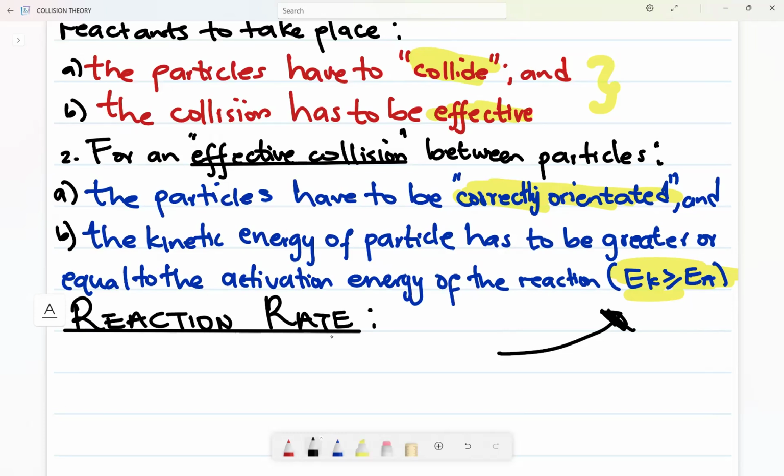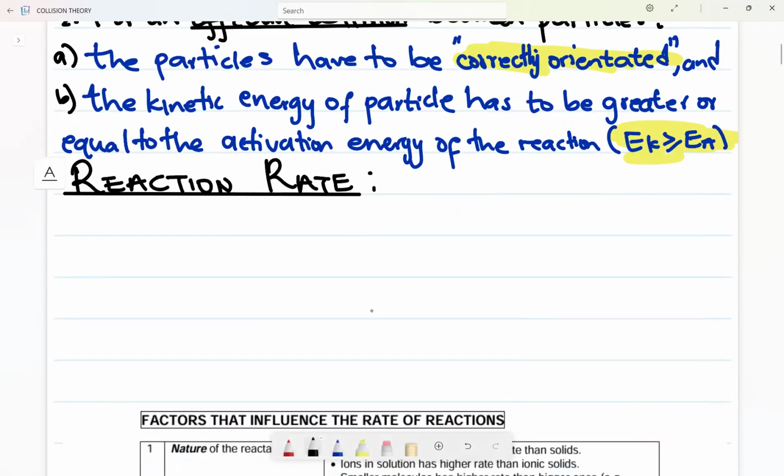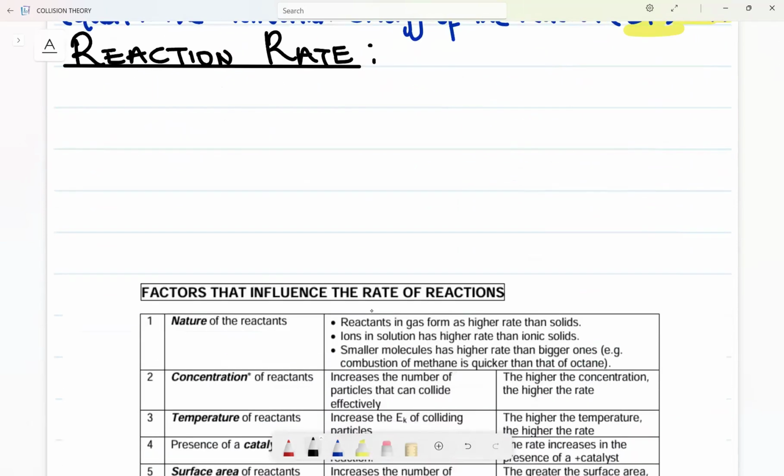Now let's talk more about rate of reaction, because this chapter is more about that. Most of our questions will be based on the part that we are going to be looking at from here. Now, the first thing that we need to define is the reaction rate. We define a reaction rate simply, not that hard. We say the reaction rate is the change